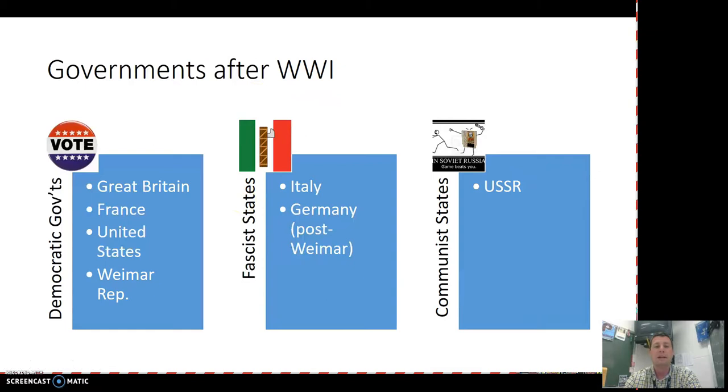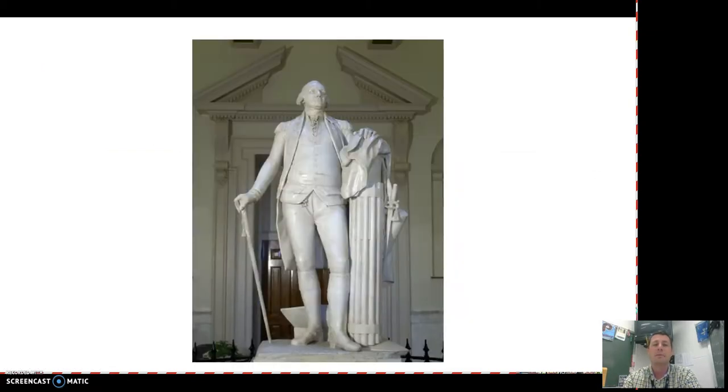In the middle of this flag of Italy here, we have what is called a fasces, and that makes an appearance in the next slide, taking a look at something from AP Art History. This is George Washington. This is displayed in the Capitol building in Virginia. You can see he's leaning on this fasces, and it's a bundle of rods or sticks, denotes authority, denotes leadership,